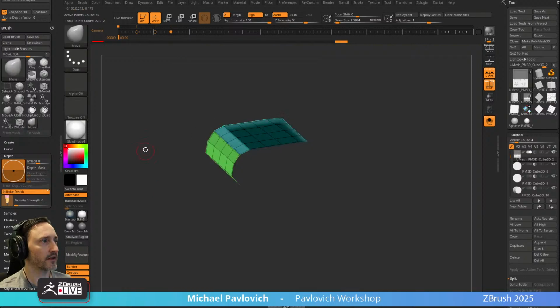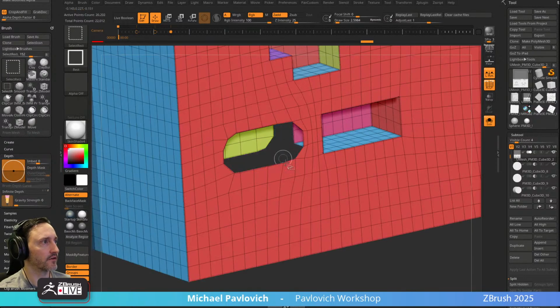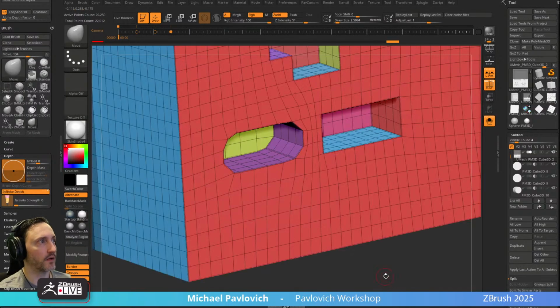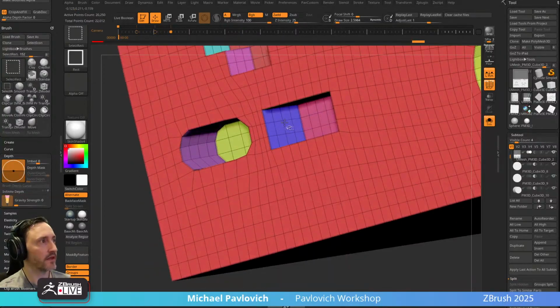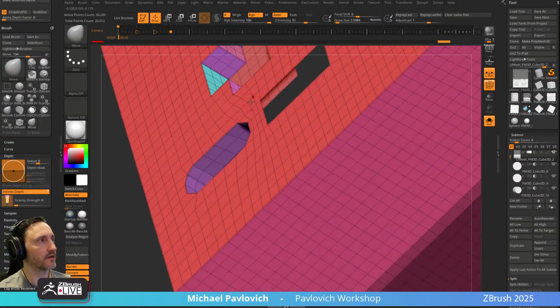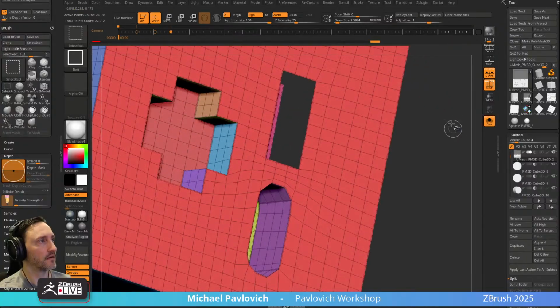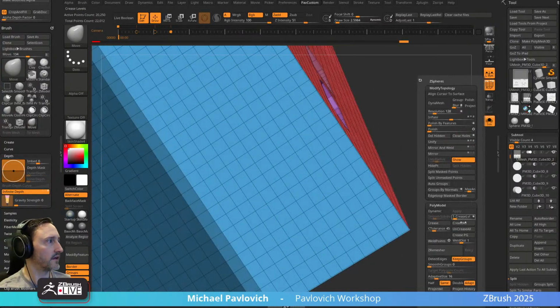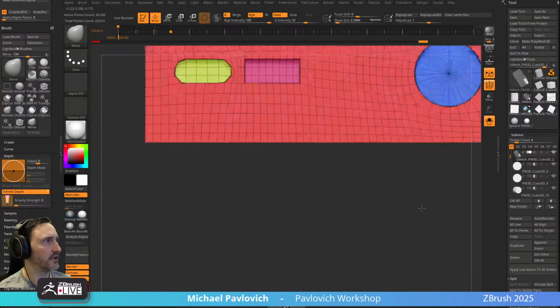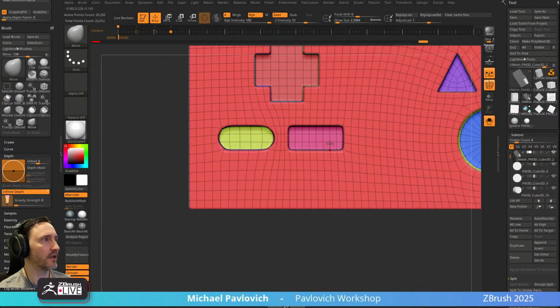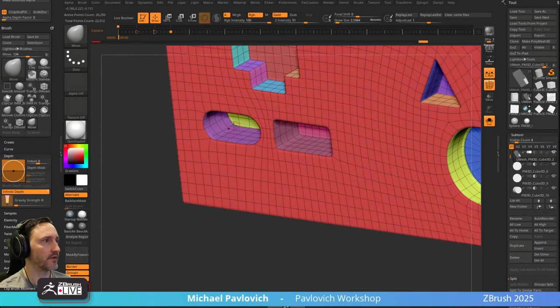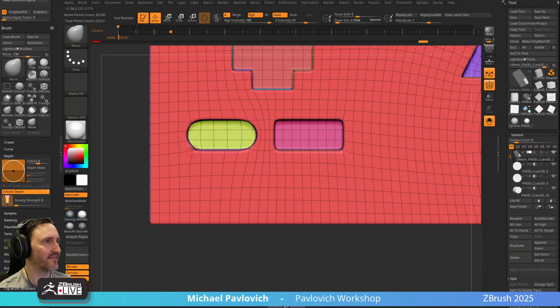Let's do Control Shift. I'm going to grab all of these polygroups in here and make them all one polygroup. Same with this ring. So now I'm going to say uncrease all, crease PG, and now when I hit D for dynamic, it's not going to put these creased corners in here, although it does have this geometry, which I'm not